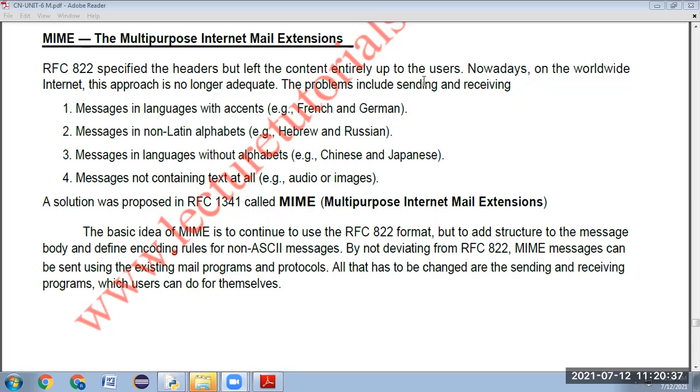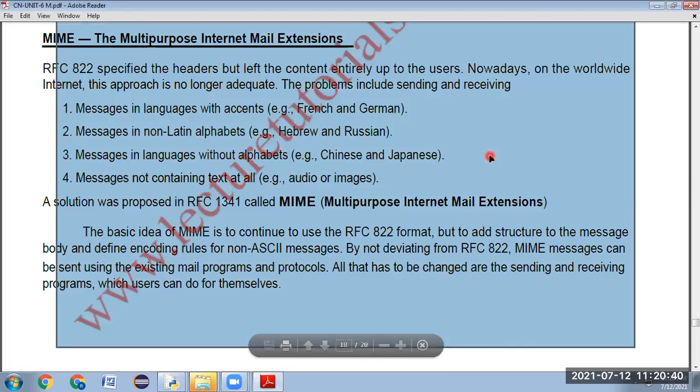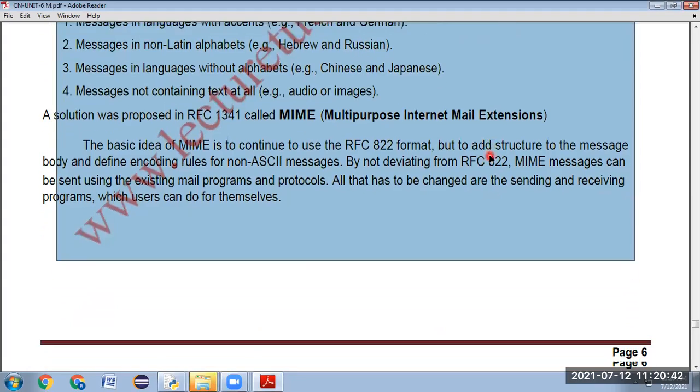Okay, this is the MIME. Then we have to say briefly about SMTP.